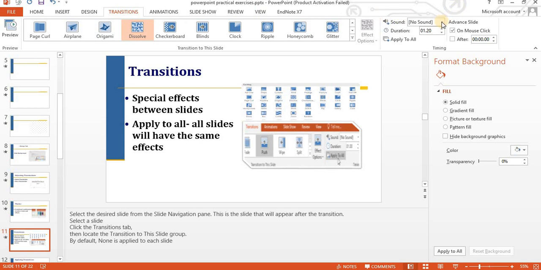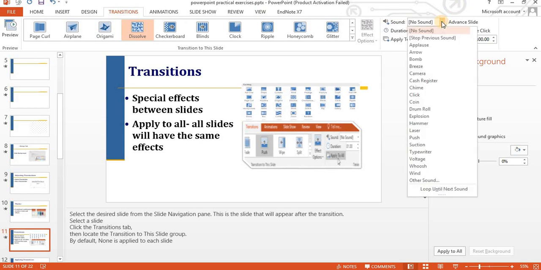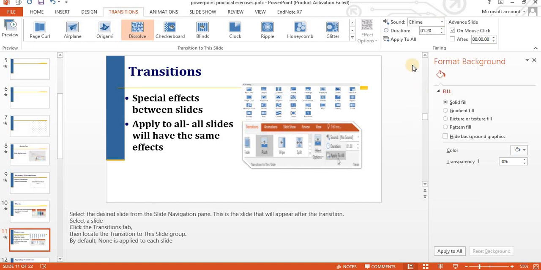You can add a sound to your transition animation as well. Like I select chime sound. Now reviewing it,